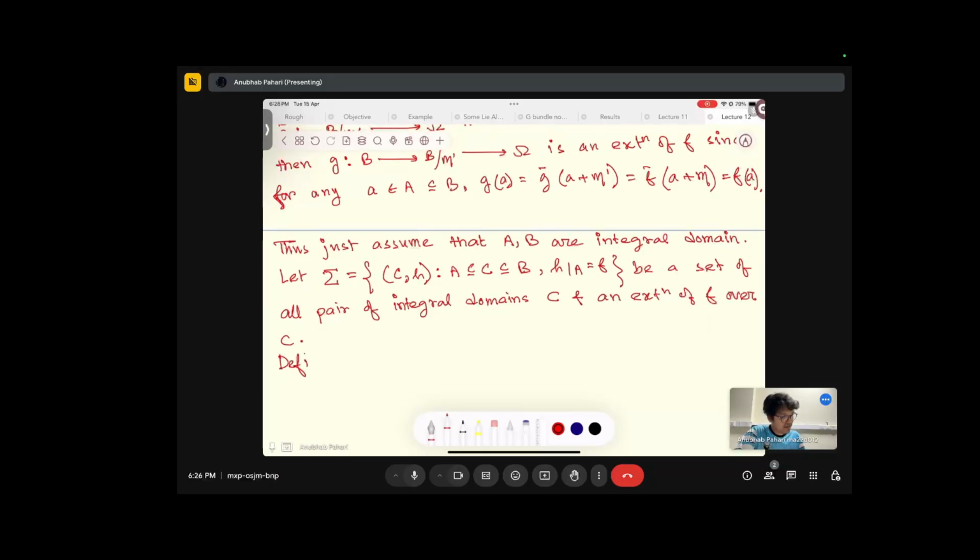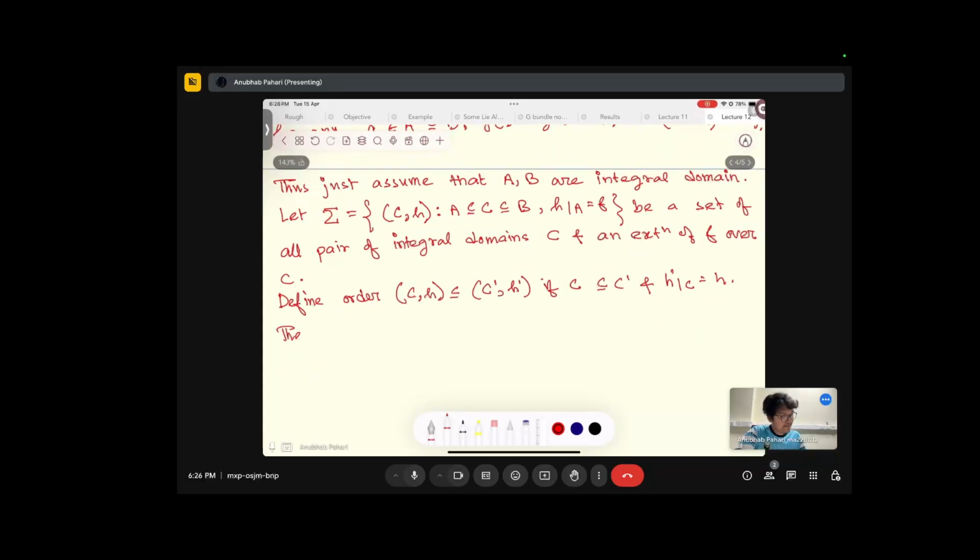Define order: capital C comma H, then C dashed comma H dashed if C is contained in C dashed and H dashed restricted to C is H. Then A comma F should belong to capital, sorry, some sigma, and